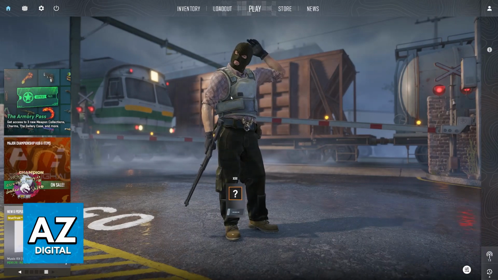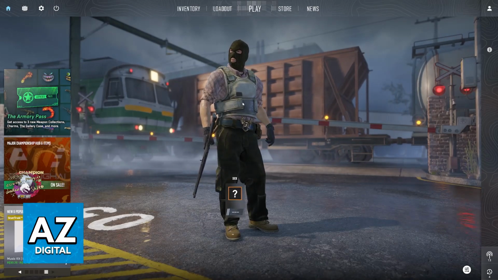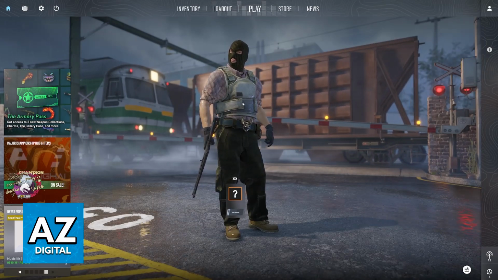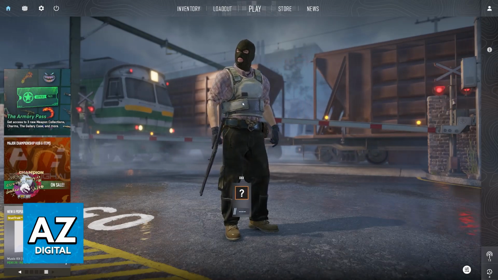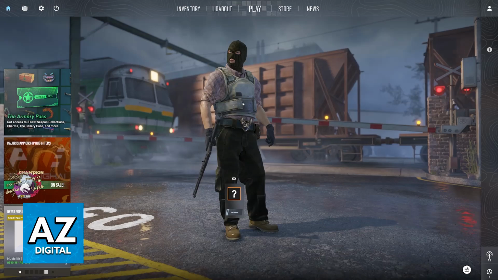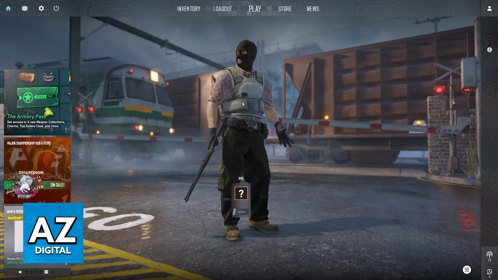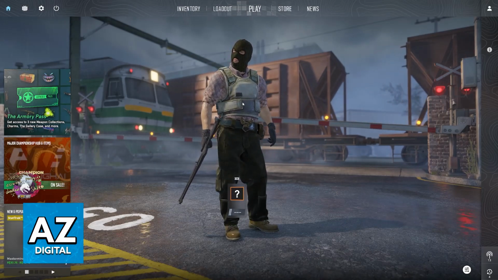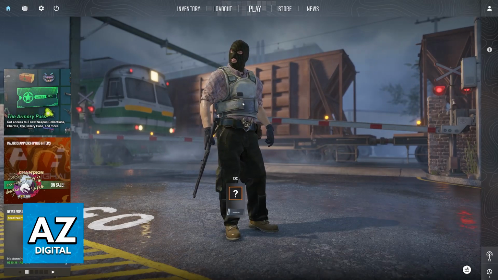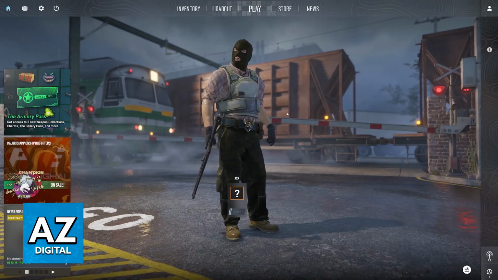So for this example, I chose CS2, but this will apply for any game and any application. Keep in mind that while this is a common practice, depending on the monitor that you have, the resolution might not look great. When you play a game at 1440p on a 4K monitor, the monitor or your graphics card has to scale the 1440p image up to fit the 4K display. This process can significantly affect the image quality.